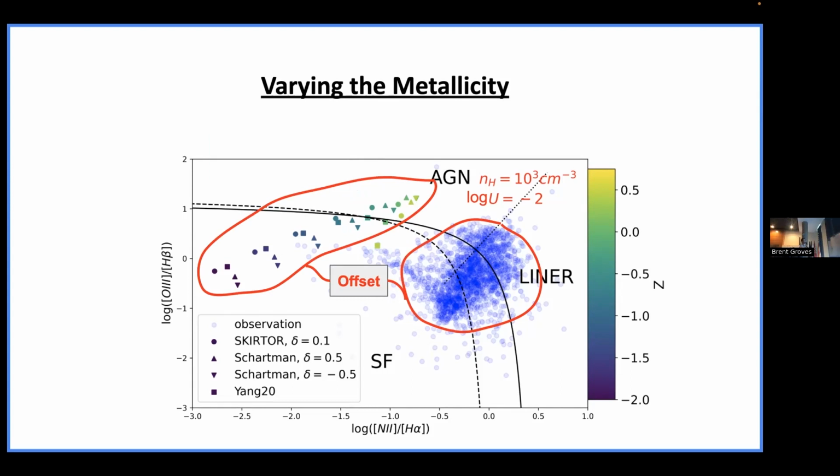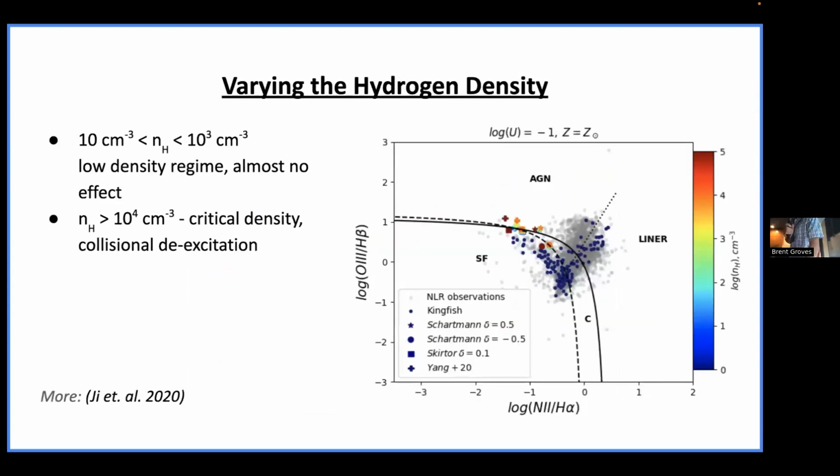Okay, so the last part of this talk is that we played with hydrogen density also. Here you can see the BPT diagram with some background observations. And basically these colorful points are our 4 models of different AGNs, and we played with hydrogen density over here. We took 1 particle per cubic centimeter up to 10 to the 5 particles per